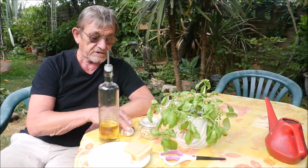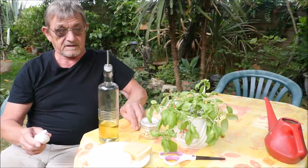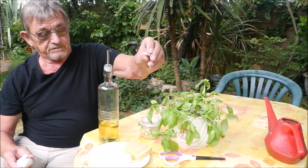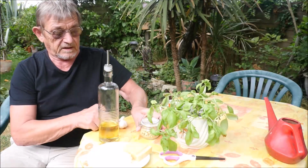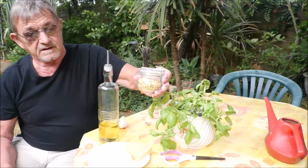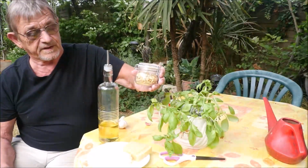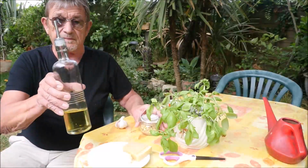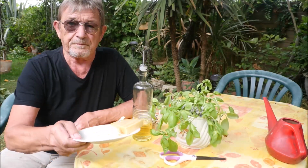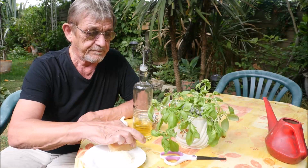I've got the ingredients. I've got some garlic. Well, I'm not going to use this much. I'm going to use this little tiny fellow here, which is 1 clove of garlic. I've got some pine nuts. I've got to lightly toast these a bit in a pan, just a little bit. I've got some extra virgin olive oil, some Parmesan cheese that I've grated up, and